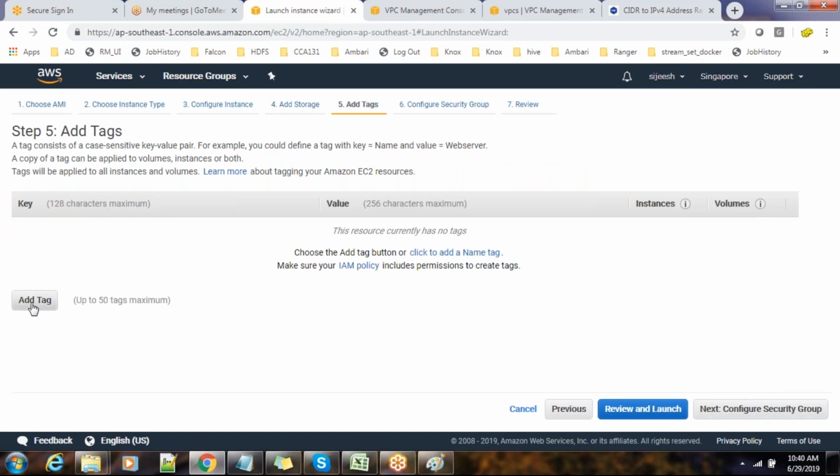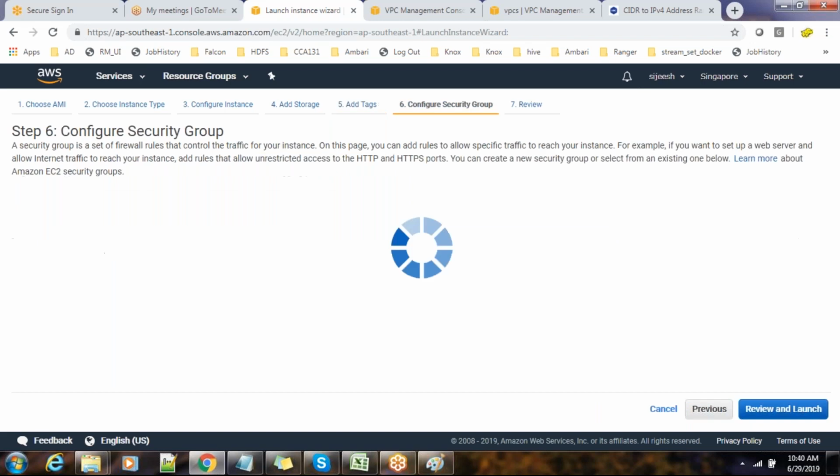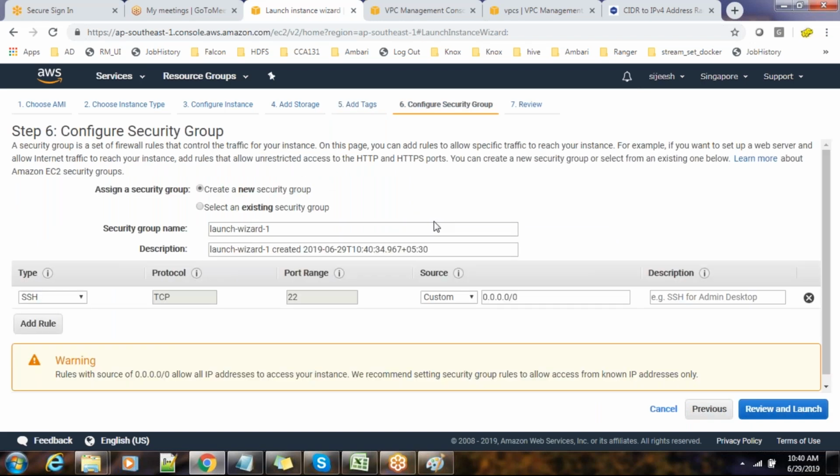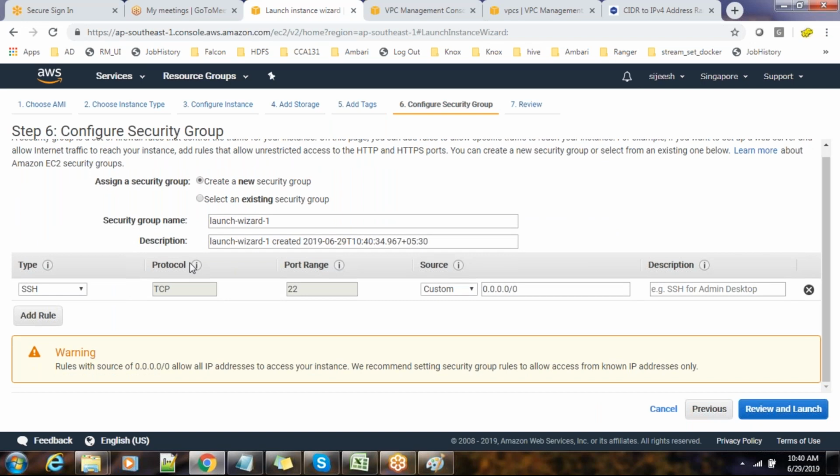Tag is nothing but just a name. This is needed when you are working in an enterprise; otherwise there is no need to know. So, Hadoop HDP, because with the tag you should be able to understand who is using it, what the purpose of this is, and which charging code it is, all those things. You can have multiple tags, but I'm just using an owner tag, writing my name, that's it.